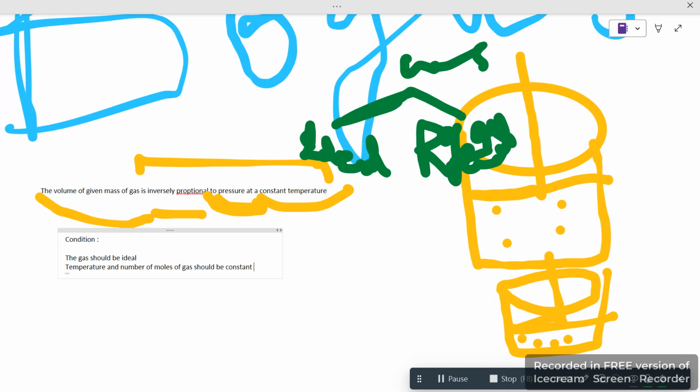But this law says that if you increase the volume, the pressure should always decrease. If you decrease the volume, the pressure should always increase. So these are not directly but inversely proportional. The condition says the gas you are taking must be an ideal gas, and you need to keep both values constant. The values are temperature and the number of